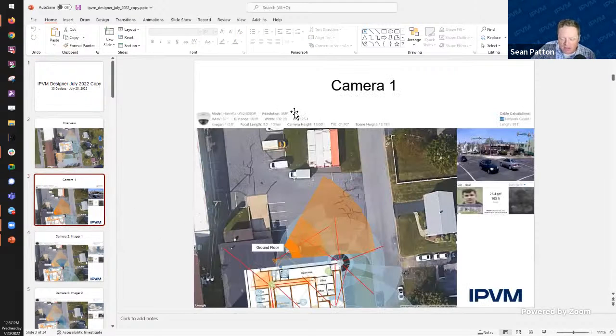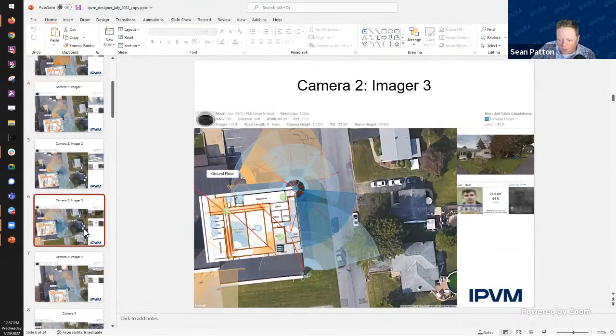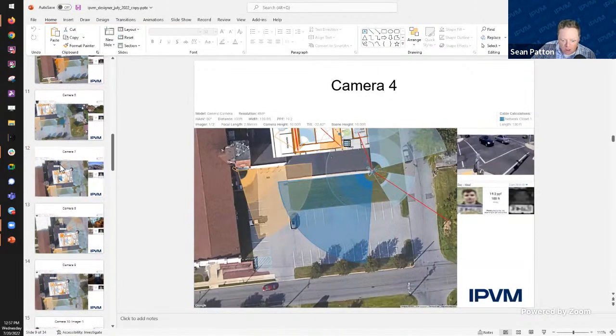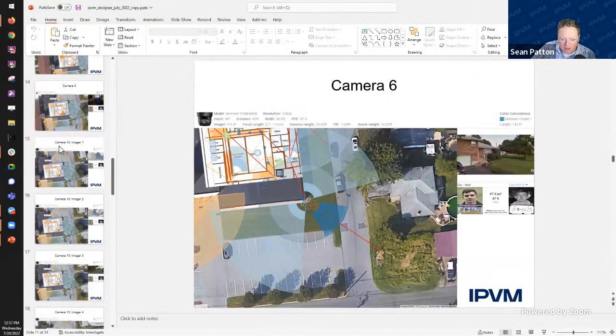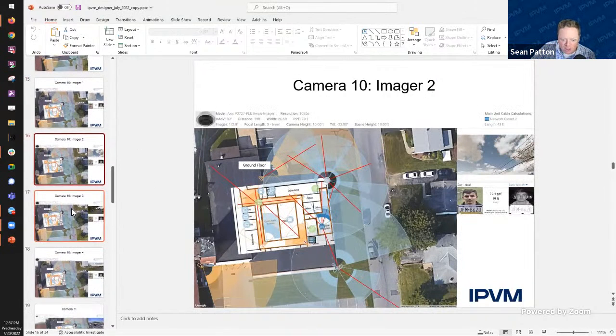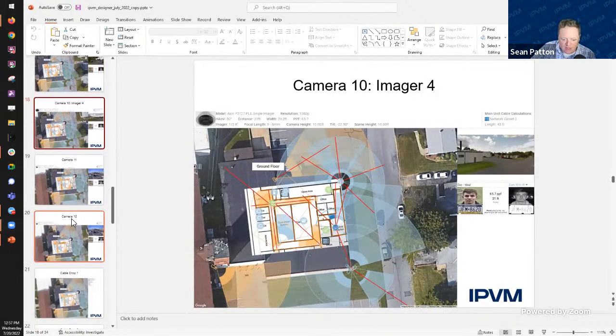I also like that it is one camera per page as well. So there's a lot of advantages. Again, to me, the PowerPoint export is my favorite. It's going to give you per page, each camera, the camera name. Now the multi-imagers, you'll see it'll say imager 1, 2, 3, and 4. So it's going to have all of those sort of individually